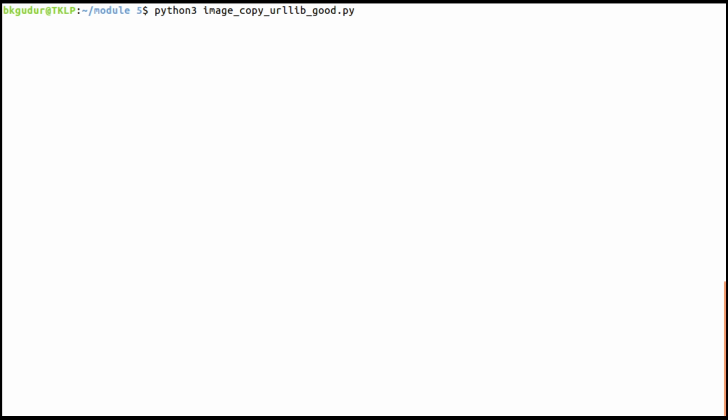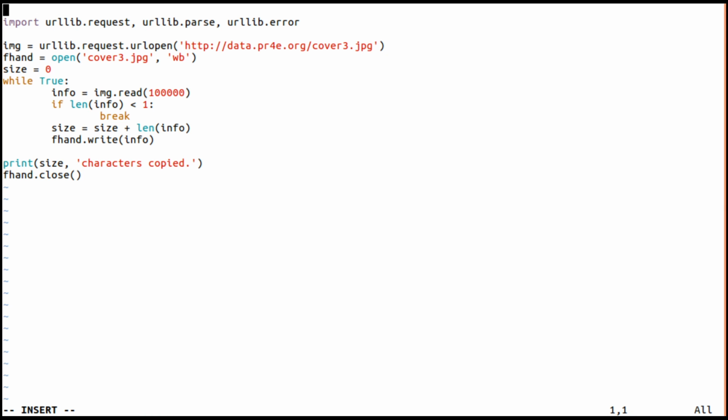Now it is going to download, and you can see it has copied about 2,30,210 characters. So that means this loop has run three times: once 1 lakh, second time 1 lakh, meaning 2 lakhs, and the third time the remaining characters.